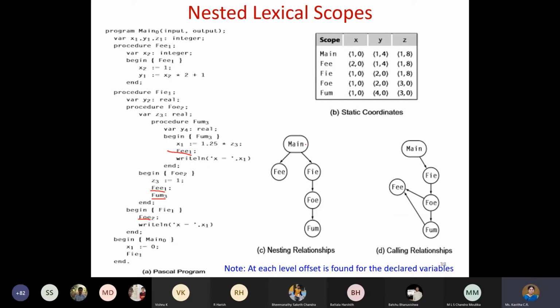So now let us see, using these structures and using these graphs, how to create the static table. That is a static coordinates table. So first thing is we have three variables x, y, z. So all the variables you list out, and then starting from the main. When I start with the x, remember that this particular line for main is nothing but the global declaration, where all these variables are accessible from all the procedures. So x1, y1, z1.